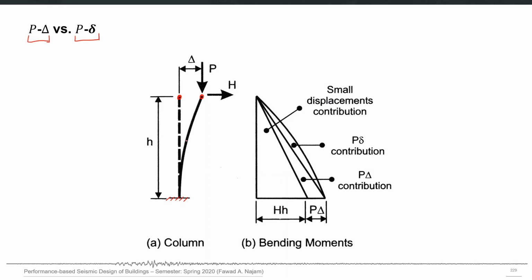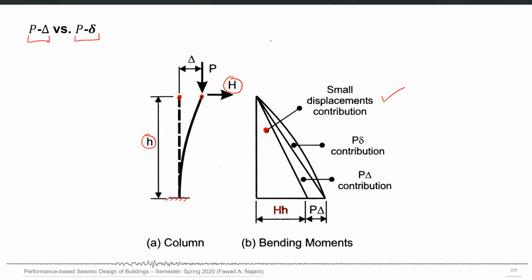If you don't consider any deformed position of the structure and you carry out the small displacement analysis, which is this one, you will get the base moment as h multiplied by the height of the structure. So this capital H is the horizontal force, and small h is the height. So the bending moment at the base will be simply H times h, coming from the small displacement contribution.